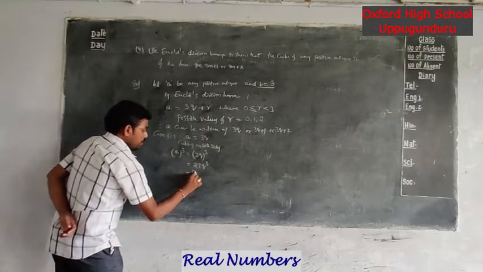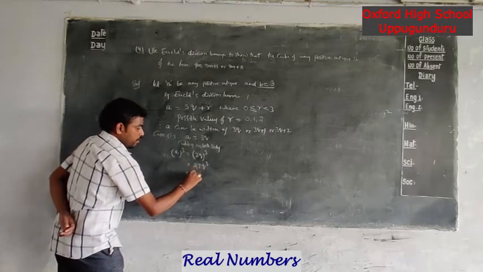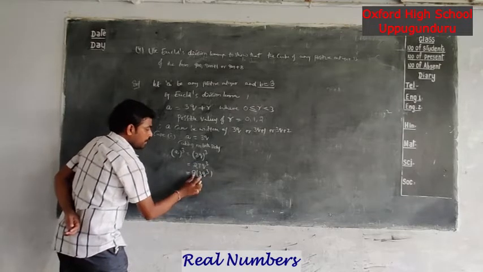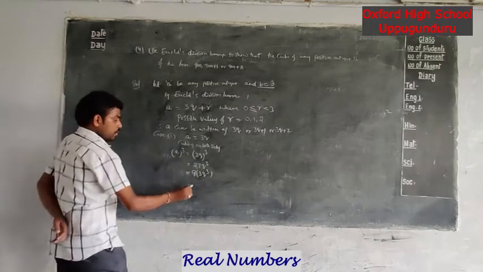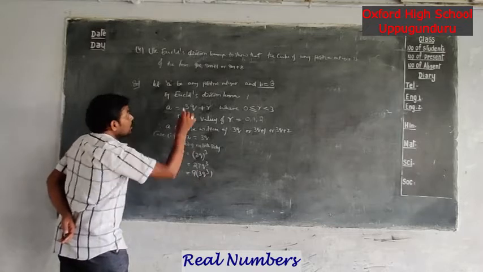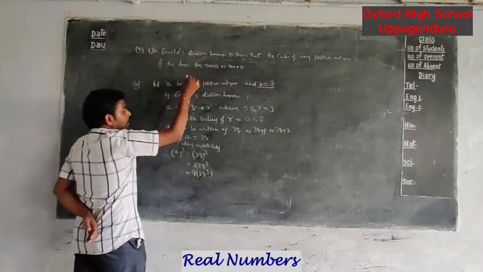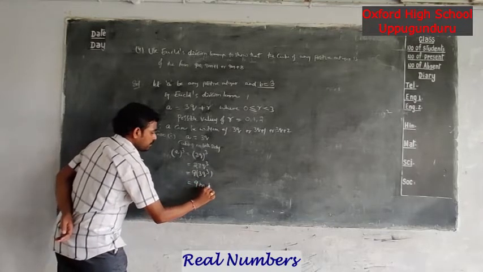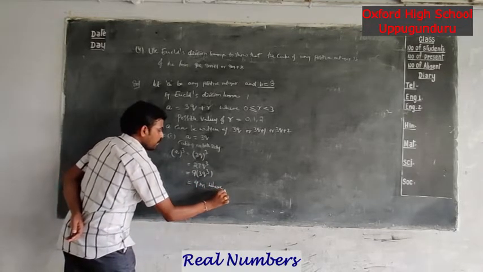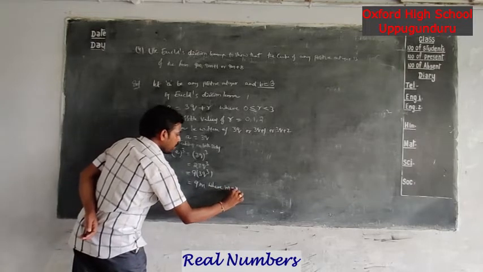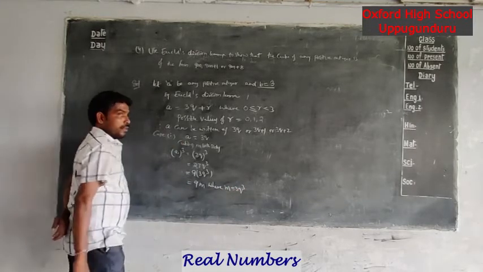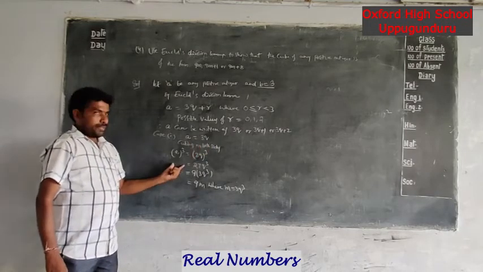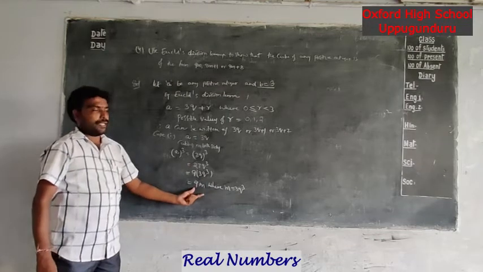So that's why you have to write 27q cube as 9 into 3q cube, 9 into some positive integer. Here you have to prove in terms of 9m, that's why you have to consider this value as m, 9m. The value we are considering as m is m equal to 3q cube. Now in first case, when a equal to 3q, cube of a we are expressing in terms of 9m.